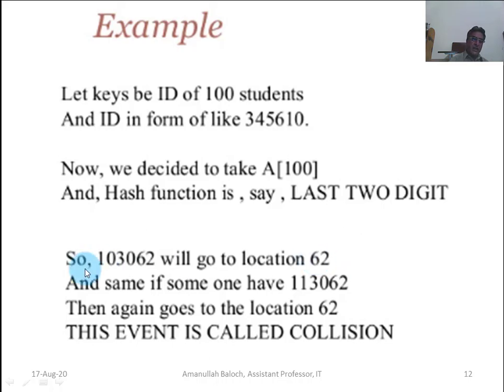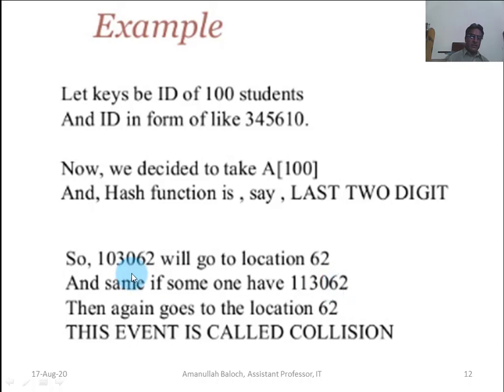And similarly, if someone has roll number 113062, then the last 2 digits are also 62.